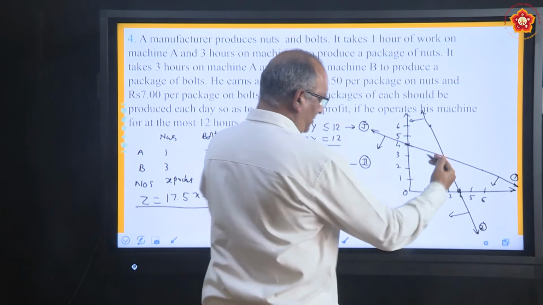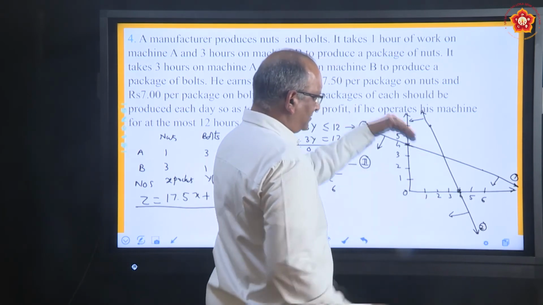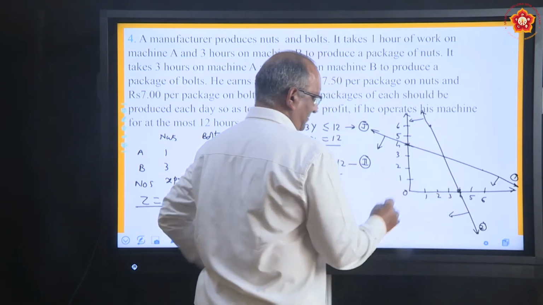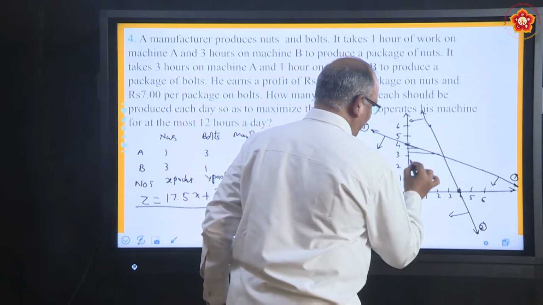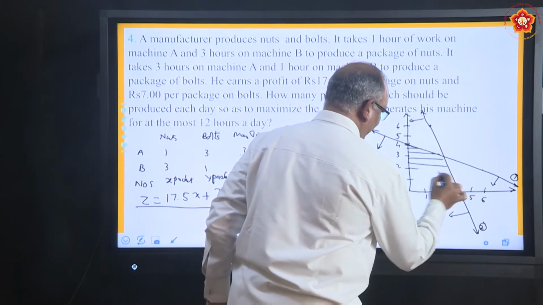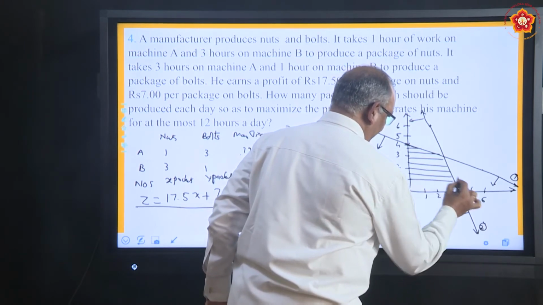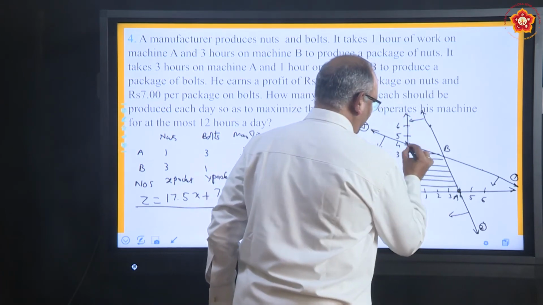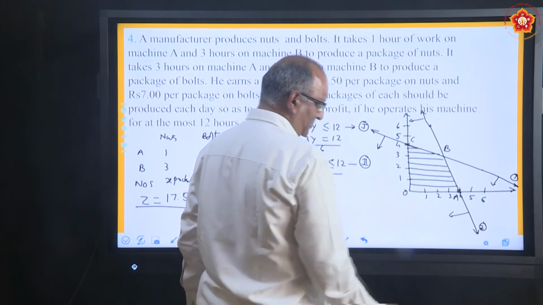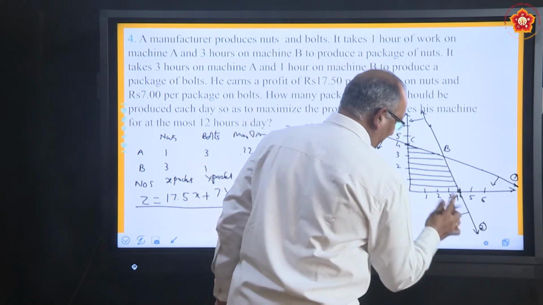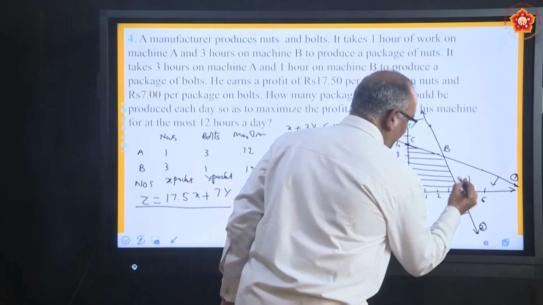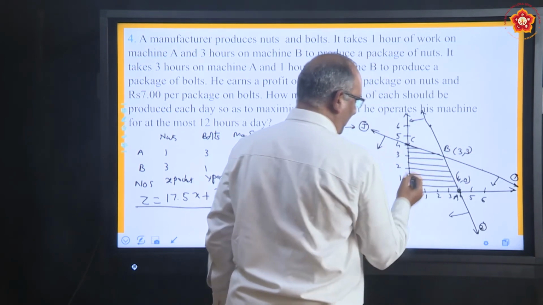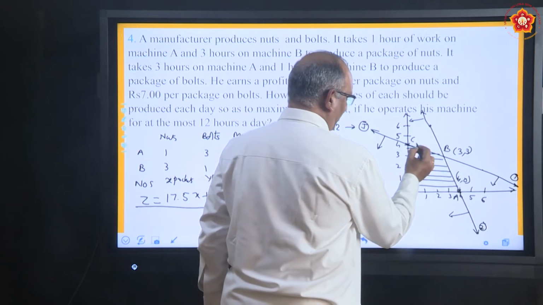So what is that area which is in the first quadrant, left side of the second line and below the first line? So this is the area you can see for yourself. This is the shaded area. We can name it, let us say this is A, this is B, this is C. What are the coordinates? A is very simple. What is it? 4, 0. A is 4, 0. What is B? Approximately you can see it is 3, 3. And what is C? It is 0, 4.